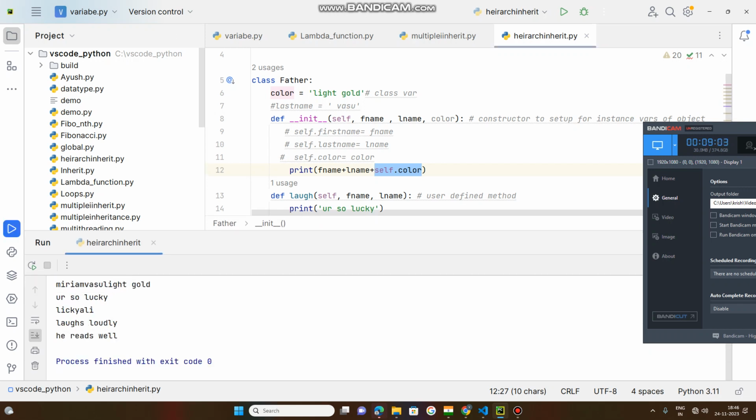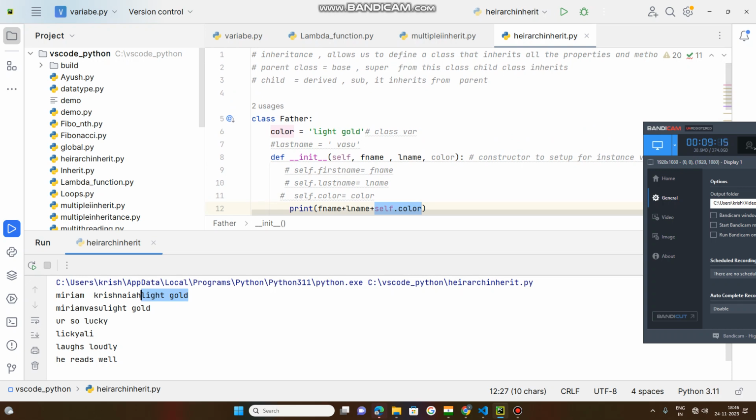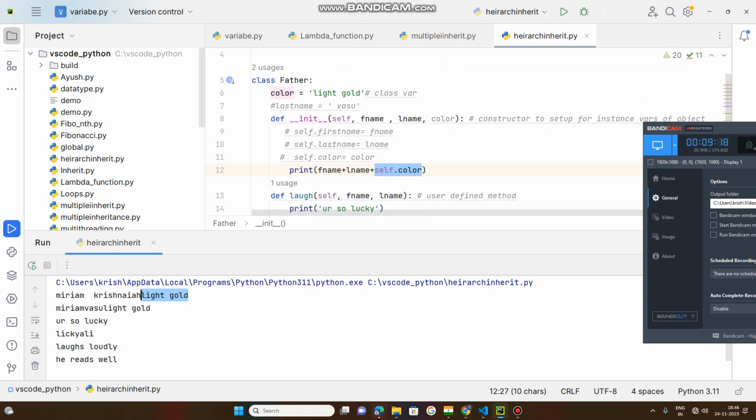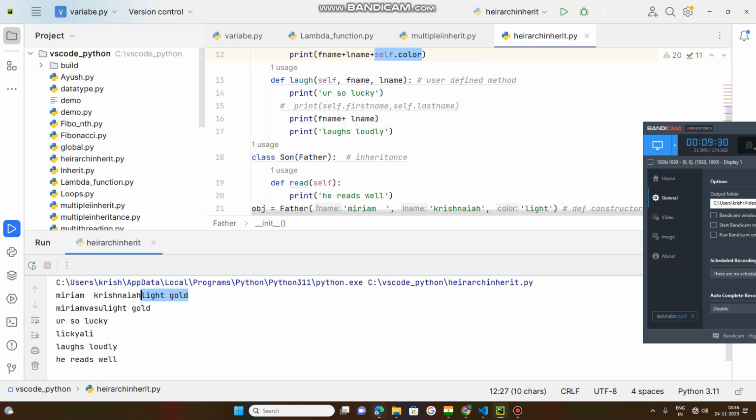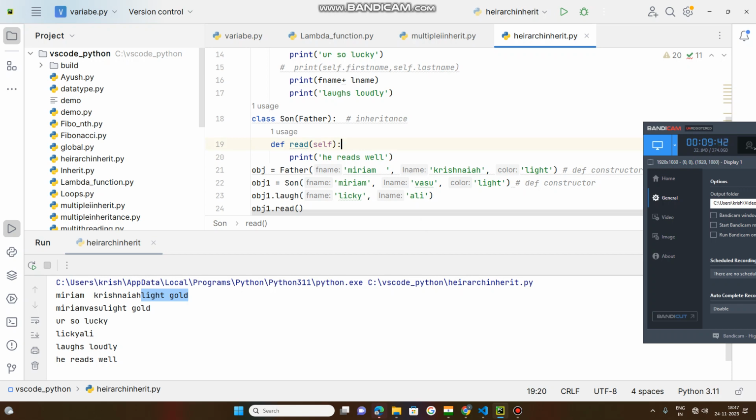See, this is for the father: first name, last name, and the color that is declared here as a class variable, because you are requesting self dot color. The self keyword is used to access the class variable. So this color will be taken, and that color will be shared with the objects' instance variables. Even though the color of father is designed as light and the son has the color light, that light gold will be shared along with the object instance variables. These two are object variables, along with this shared class variable. So here, inheritance